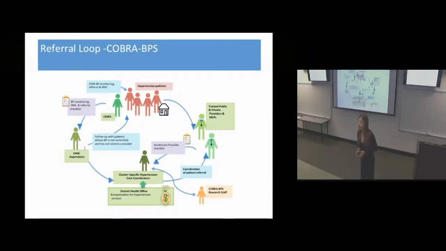What's the success of the referral from the hypertensive patients to the providers? Hypertension here? I'm guessing the community health workers, is it in their contract to go around regularly to monitor them? So community health workers will go and see the patients, and if the patient's blood pressure is above a certain threshold, they say, you need to be evaluated, you need to go and see the doctor. So what's the rate of success of patients who are told by the community health worker they're hypertensive actually going to the provider? So that's what we will find out.